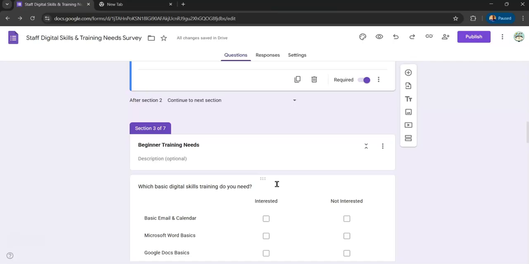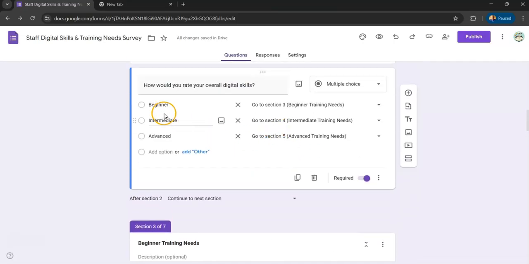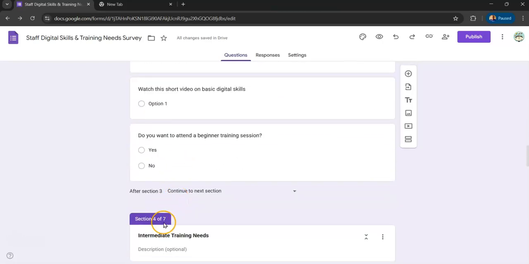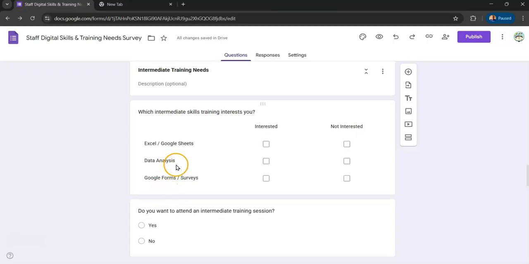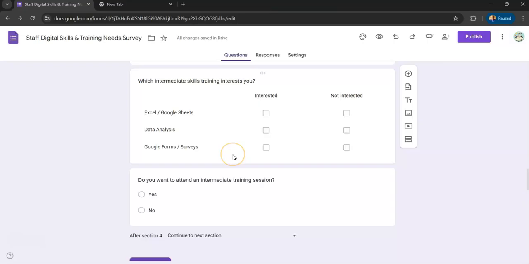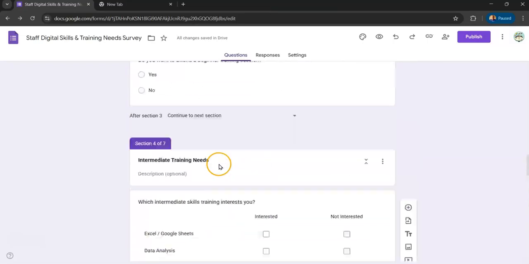Then we can go to section 3, which we have actually taken care of here. So the beginner level will come to section 3, the intermediate level will come to section 4, and then the advanced level will come to section 5. So those ones I'm taking care of. Now from section 3